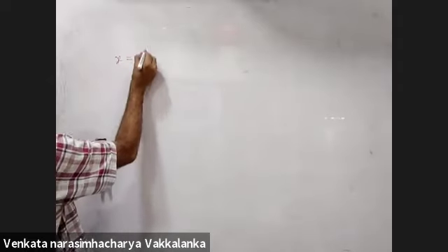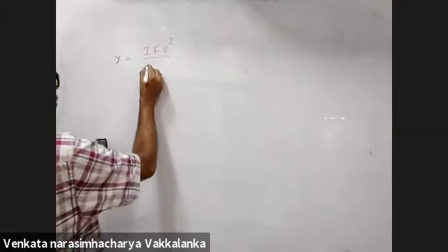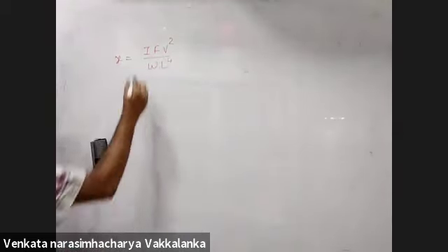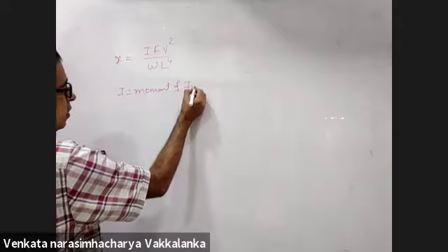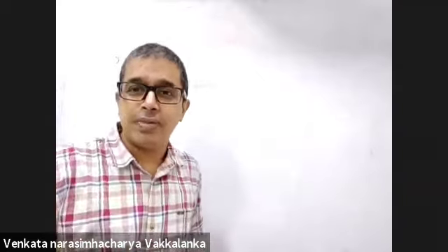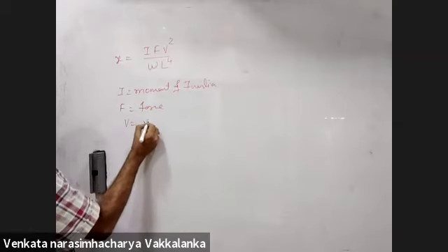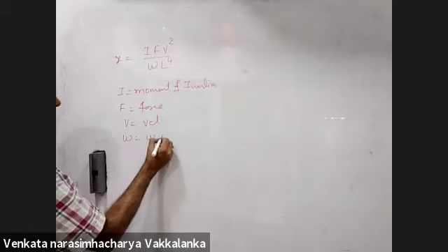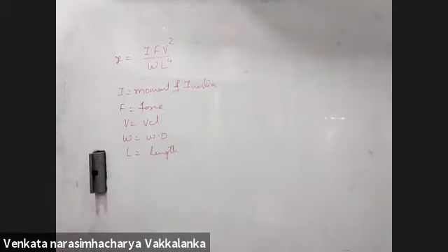Now listen. JEE mains में they're telling you x is equal to I F v square by W L to the power 4. Right? I stands for moment of inertia. Nothing difficult in this question, but it'll consume time. See what they have done. F stands for force. V stands for velocity. W stands for work done. L stands for length. तो क्या चाहते हो यार?